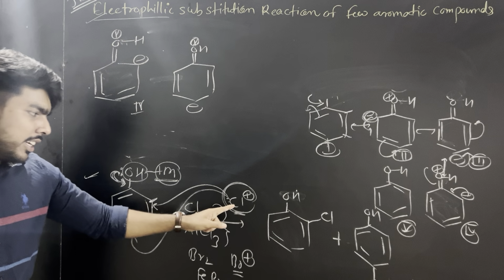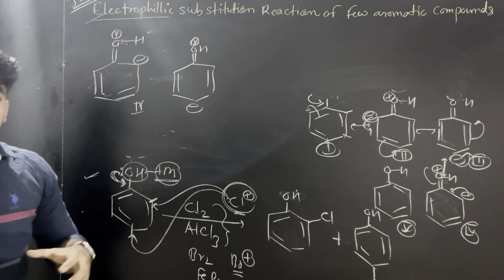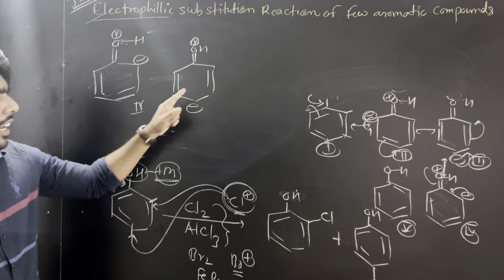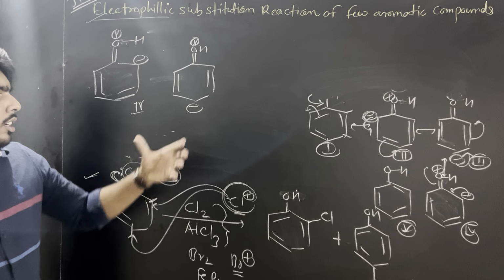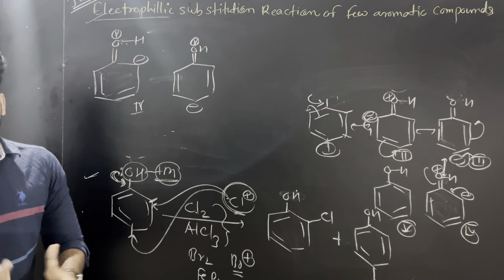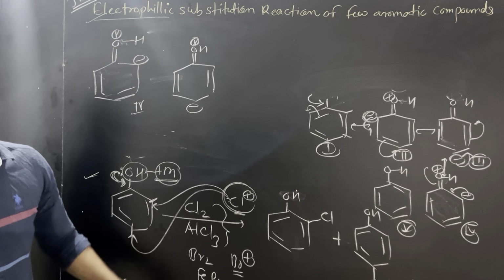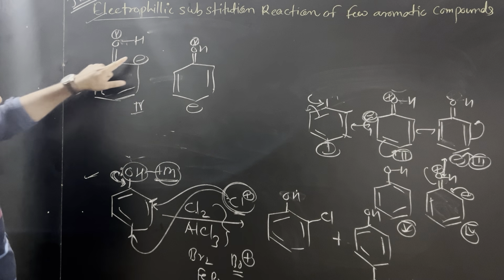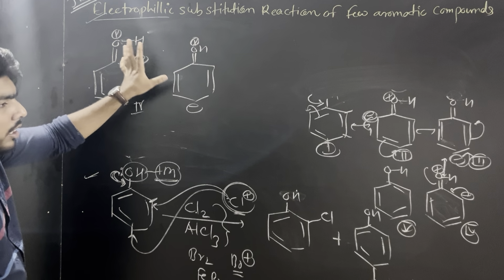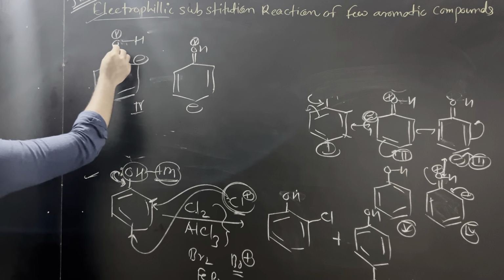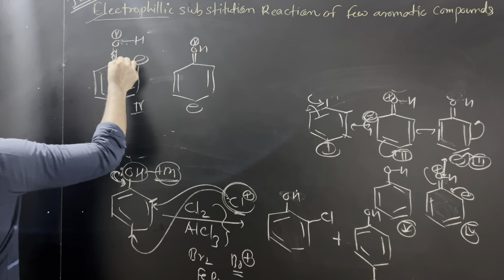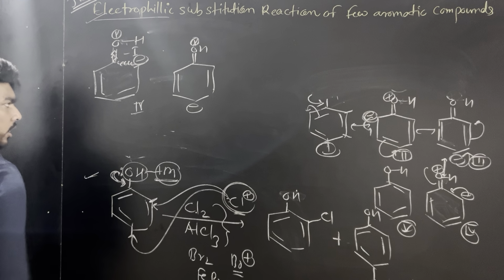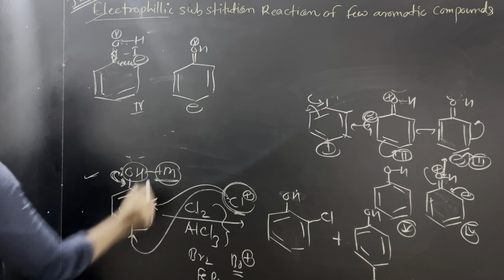Because Cl plus is an electrophile, it is going to attack the position that is more nucleophilic. It loves electrons, that's why it is going to attack only the position having the highest charge density. In this particular case, both have an equal charge density, but this O will put a minus I effect on this particular position. That means at the ortho position we have a minus I effect. What is minus I effect?